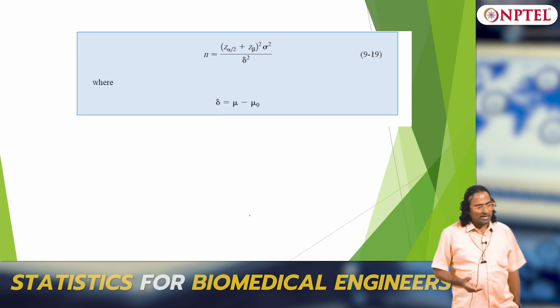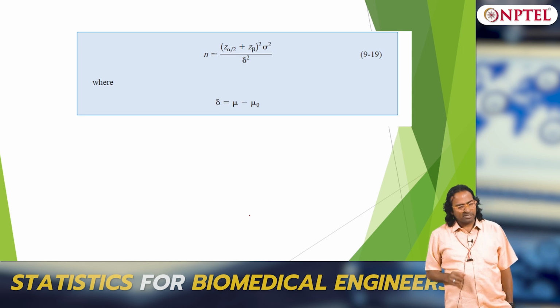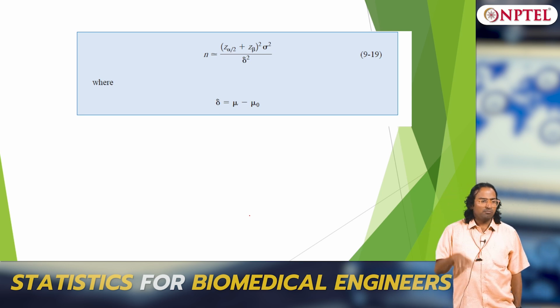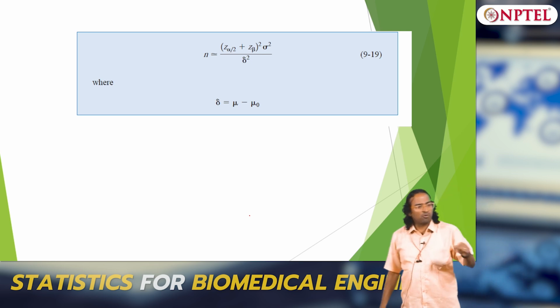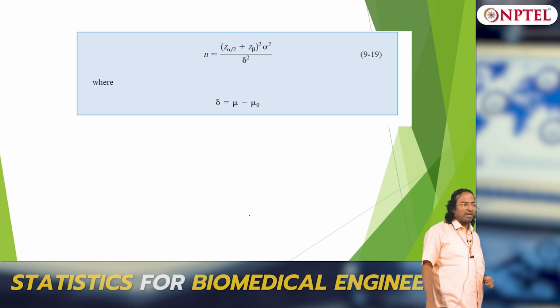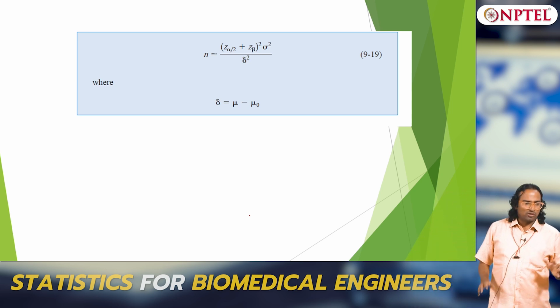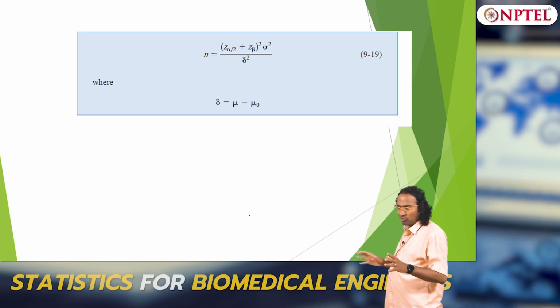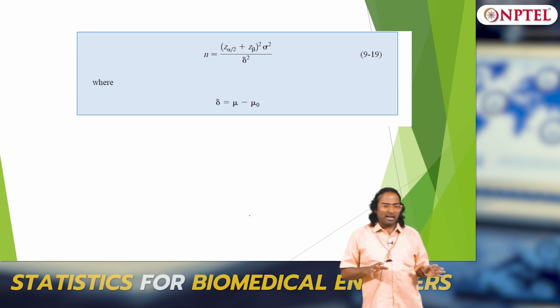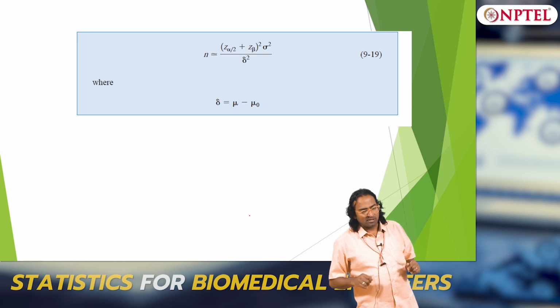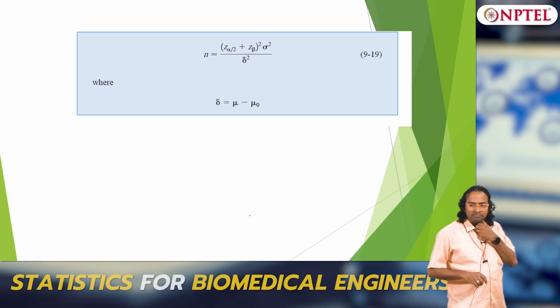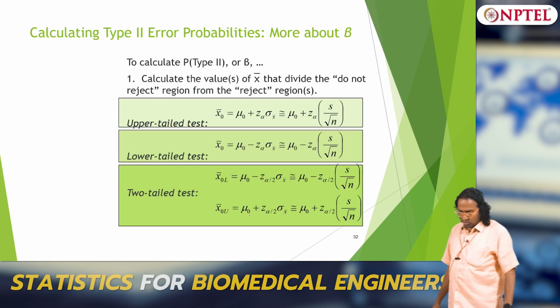So, you assume a truth, and let us say I want to resolve that much accuracy between mu naught and mu alternate, within 1 or even 0.1 amplitude. Then you calculate what n value is required to do that for a desired beta. So there are many things at play: your alpha, your beta, the delta and the n value, all four are at play. Make sense, everybody?